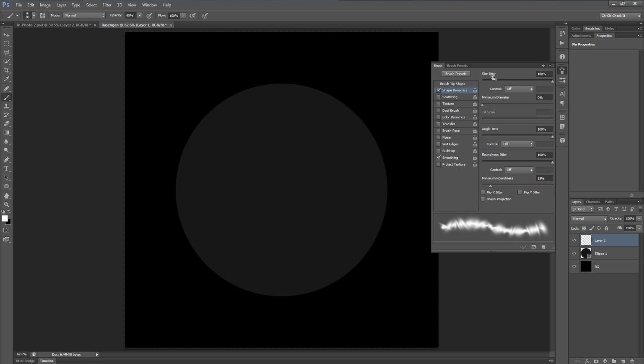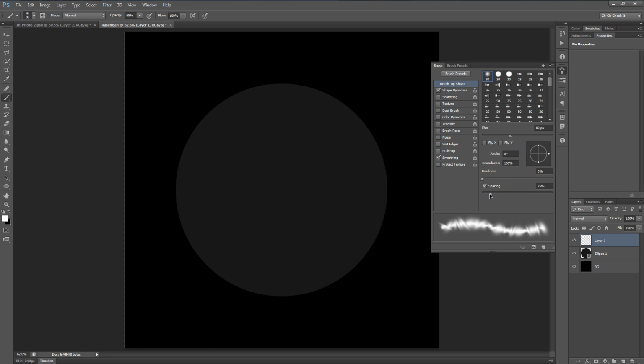And for that, all you're going to do is put the size jitter all the way up to 100%. And you're also going to put up the angle jitter and the roundness jitter. And then the minimum roundness, you can make that whatever you want. I'll probably keep that down around 15%, somewhere around there. And if you really want to, you can also mess with the spacing in the brush tip shape area